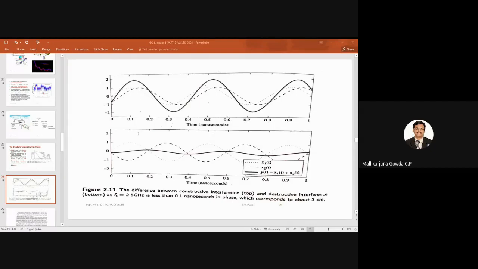And another one I have shown here. So this is one signal, x1 of t, and this is another signal, x2 of t. And here I say it is a destructive interference. See, the amplitude of the received signal is not that much, right? So it is a destructive interference, I say. Hope you are able to understand what I am talking, all of you. Here the phase difference is small.